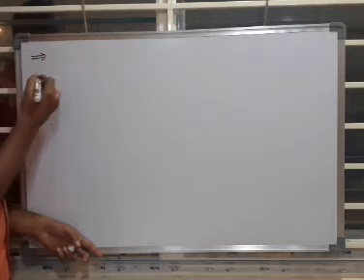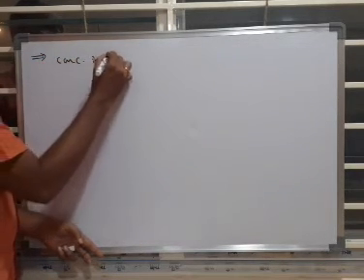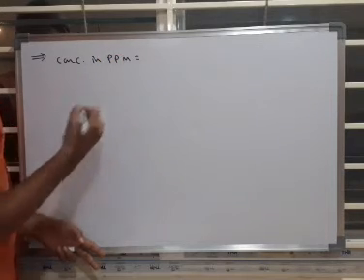So we have to find the concentration in ppm. Concentration in parts per million is equal to